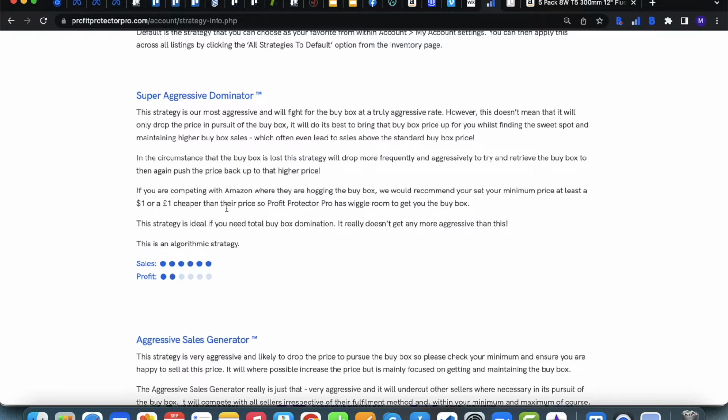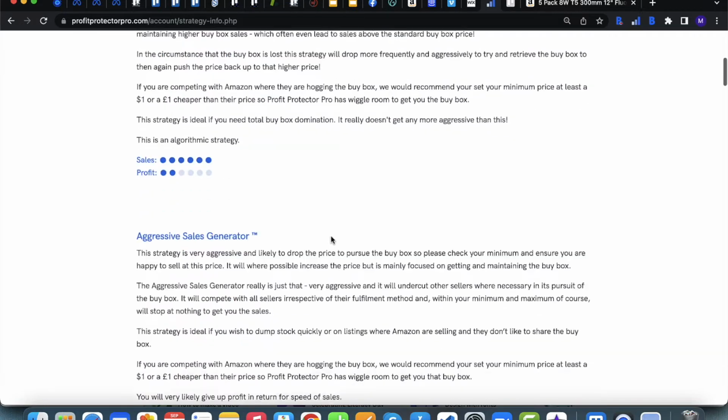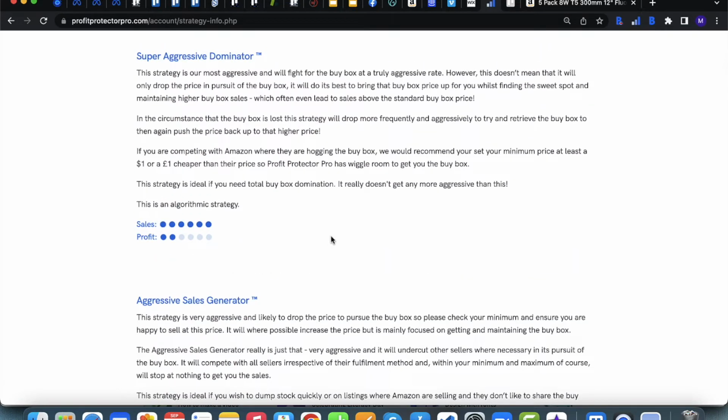So the algorithmic ones are quite a good choice a lot of the time because, as I say, they've got AI learning. They will look at the listing, they'll learn as they go and adjust what they do accordingly. So you may want to use an aggressive strategy on a busy listing, an item that has a good BSR. It's quite popular. There's lots of other sellers on the listing, and it is an item that does sell consistently well. That tells you it is going to be quite a competitive product.